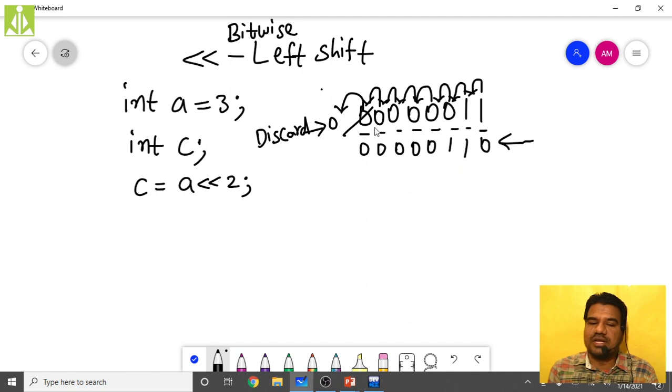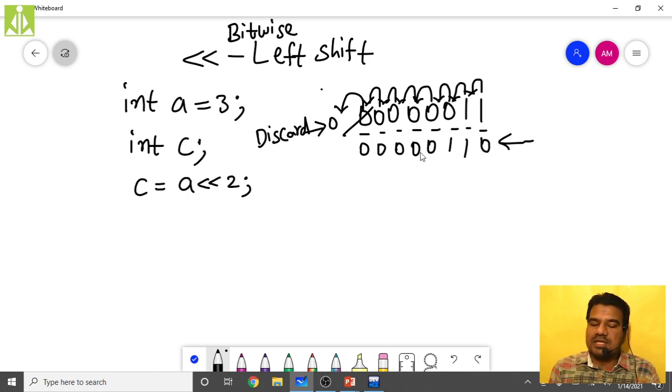When we shifted all the bits towards the left direction, we got an empty bit over here. That empty bit we filled with a 0. From nowhere we took one 0 and added it over here. This is the rule, and you have to remember it. When you are performing the shifting operation, the leftmost bit will get discarded and a new 0 will be added in the rightmost position.